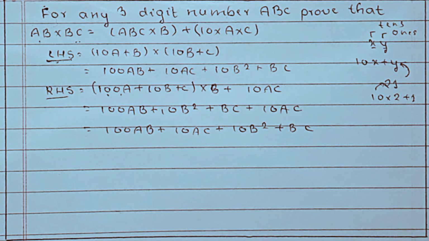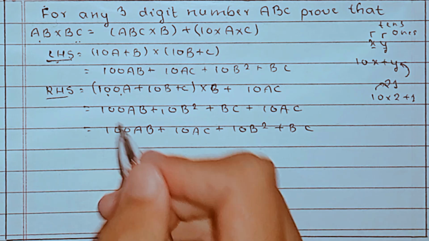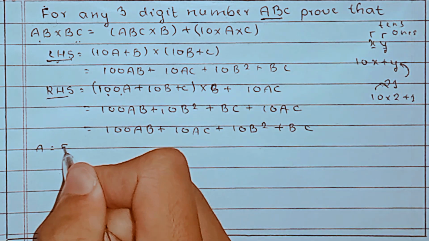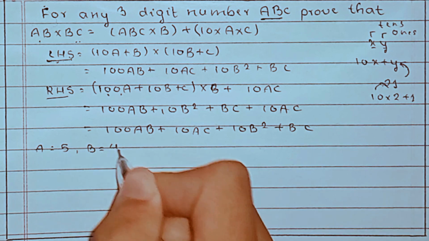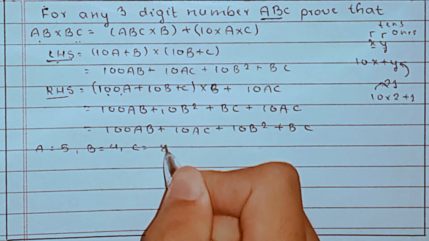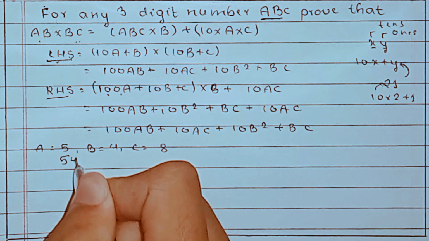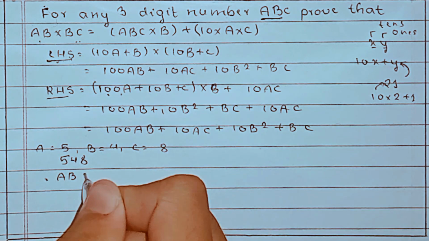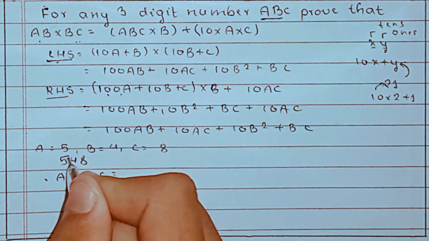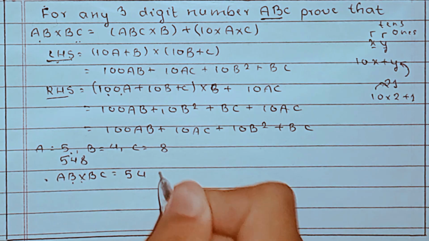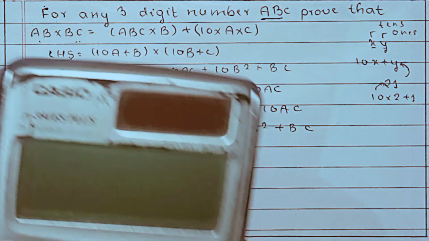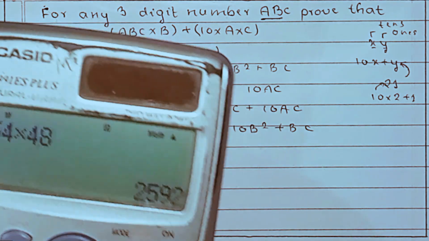Now let's assume and solve it using some values. For example, let's take A to be 5, B to be 4, and C to be 8. So we have the number 548. Now AB into BC, so AB is 54 into BC is 48. So 54 into 48, I'll use the calculator. 54 into 48 is equal to